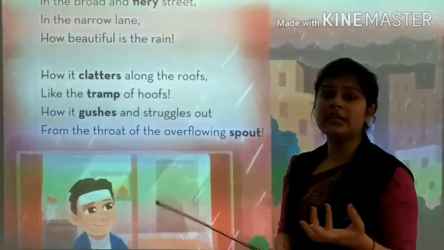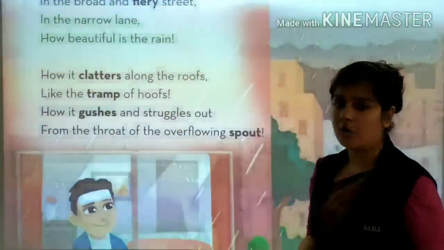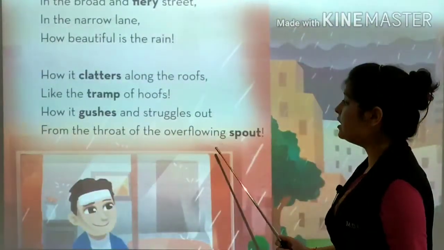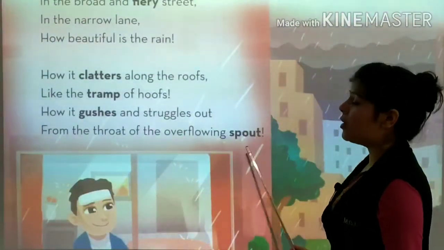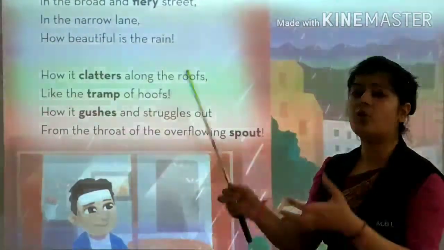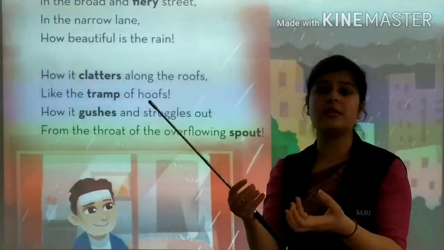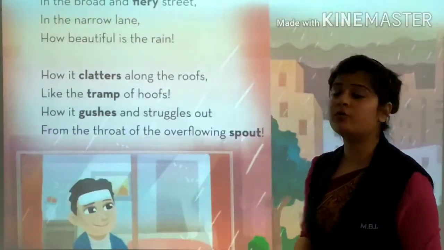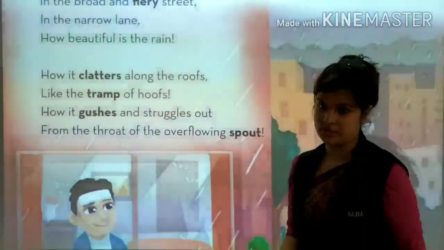as if it is struggling to come out. मतलब किस में से बाहर आने की, ओवरफ्लोइंग स्पाउट में से बाहर आने की कोशिश कर रहा हो. जैसे कि पानी का बारिश ओवरफ्लो स्पाउट उस ट्यूब में से बाहर आने की कोशिश कर रहा हो with its full speed. Okay,